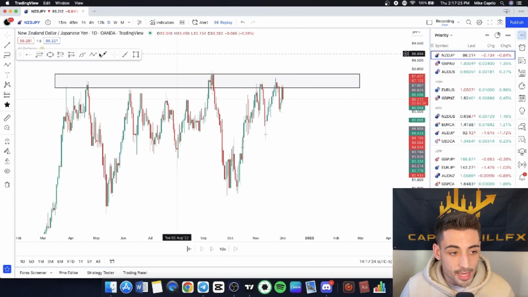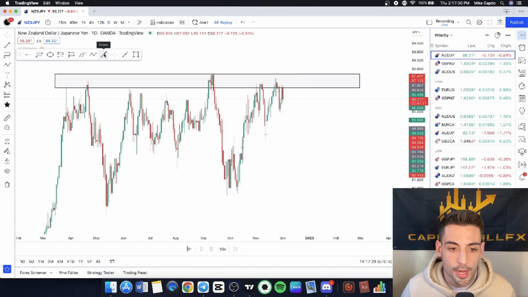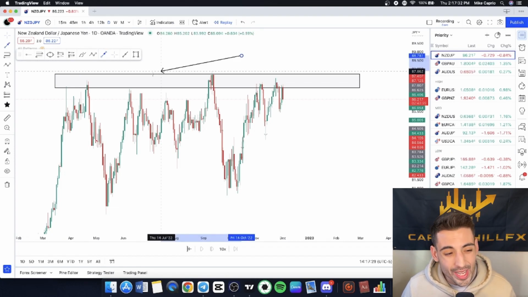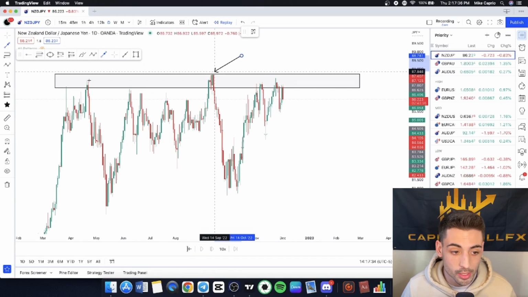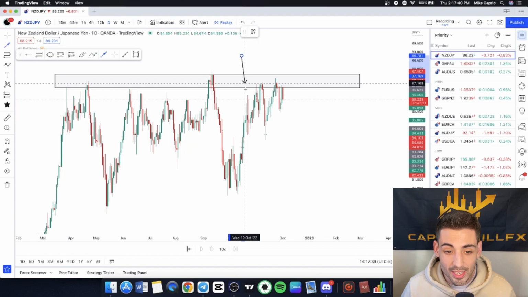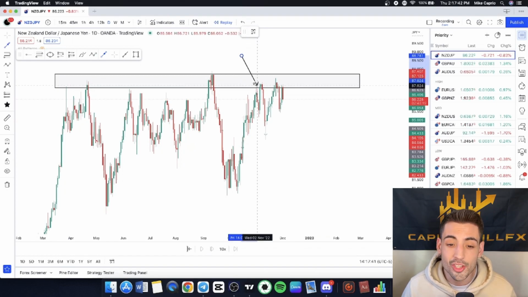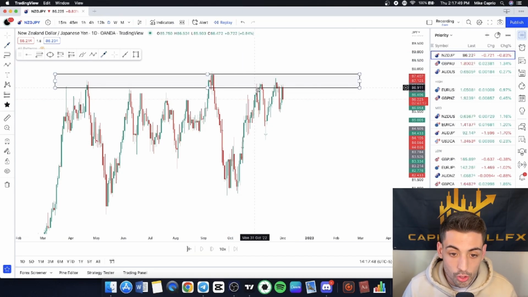So we can see on the daily time frame, this is the exact trading strategy and trading setup that I just outlined. We have a significant weekly/daily horizontal level. We've pinned around this level multiple times and rejected away from it, with clear intent in direction towards the downside. So I was just looking to see if price came back up to this level and started to show some type of bearish rejection towards the downside. I was going to look to place a sell, and this is the first sell that we had on